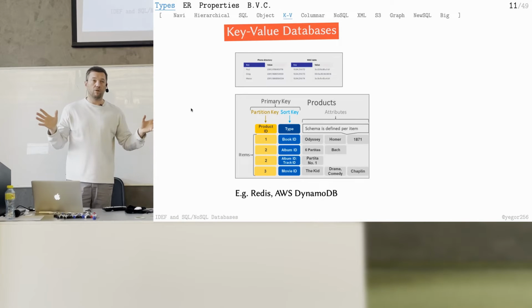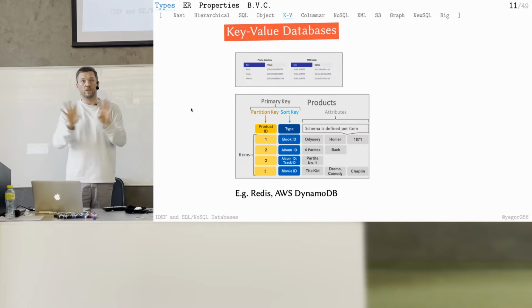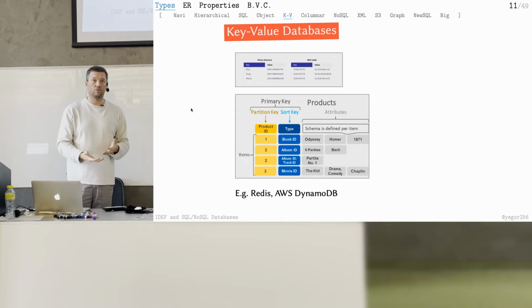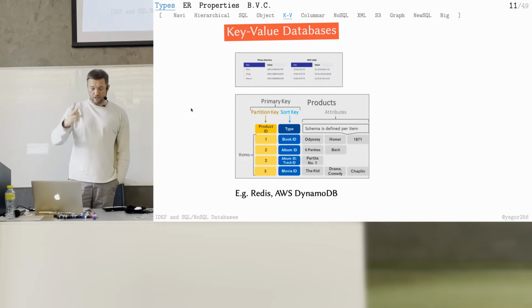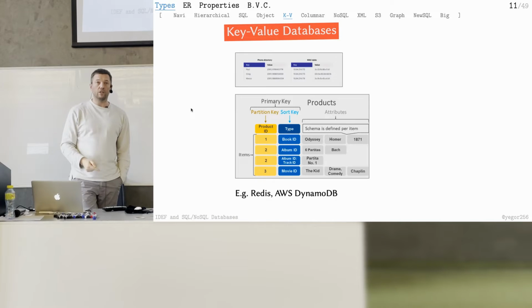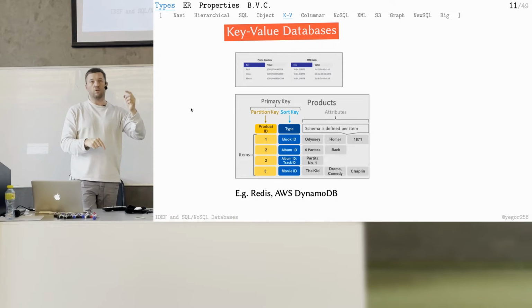But still, there's no SQL. You cannot retrieve information with some complex operations. You cannot join tables together. You cannot do many things. You can only look at your table as having two keys. They say they have a partition key and a sort key. The partition key is always unique. The sort key can be not unique, so there could be duplicated values. But when you retrieve the information, you always have to say what your ID is. And then you define how you sort. And then you may say what's going to be the partitioning key or sorting key, or you may ignore this. In this case, you will receive everything.